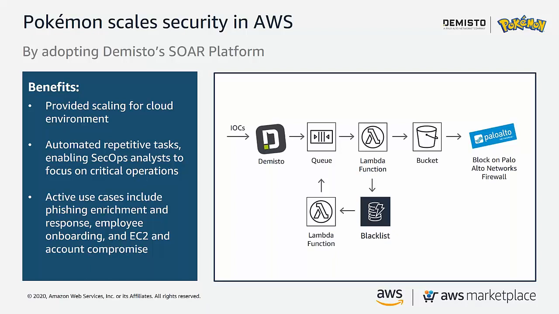a codified playbook. And they used a combination. In this example, if you look at it, they have IOCs being detected possibly from Sumo Logic or Securonix or one of the other solutions. And it could be an IP address that it found which needs to be blacklisted. So here they leveraged Amazon's SQS and AWS Lambda for the cloud component, and also the Palo Alto Networks firewalls on-prem, and were able to push and publish these blacklisted IP addresses in an automated fashion